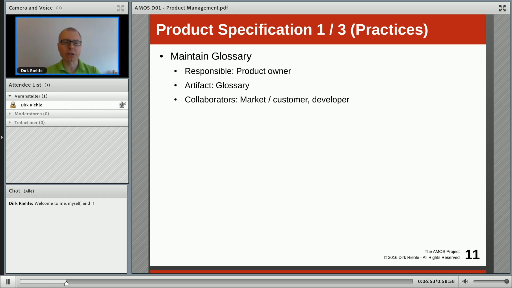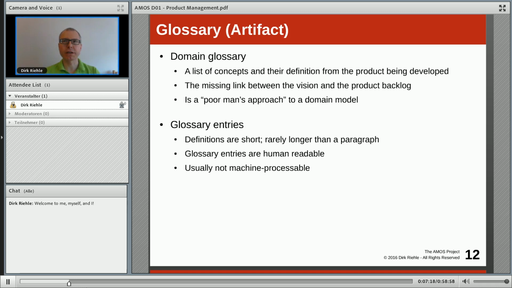Now, in terms of flowers, that would be flowers, flower types, the way you go about gardening, all these things. In a financial application, it might be interest rates, loans, what type of loans are there, what type of financial products, etc. Nothing technical, it's the application domain, it's the world of the user. And the key terms from that you capture in that glossary, which is basically a list of glossary entries, each of which defines a particular